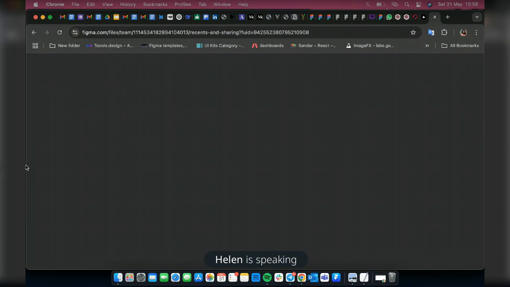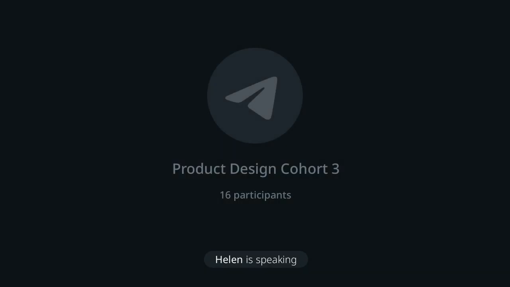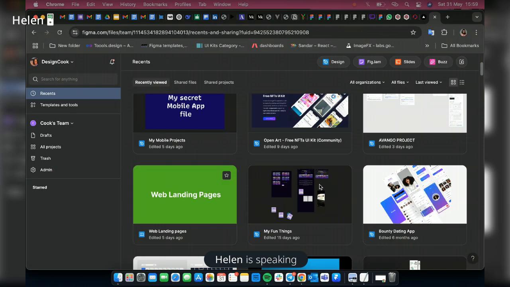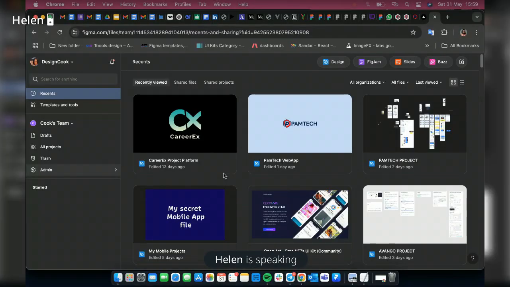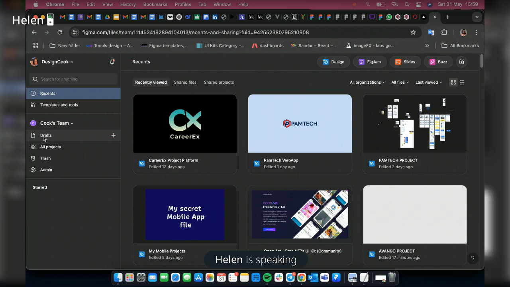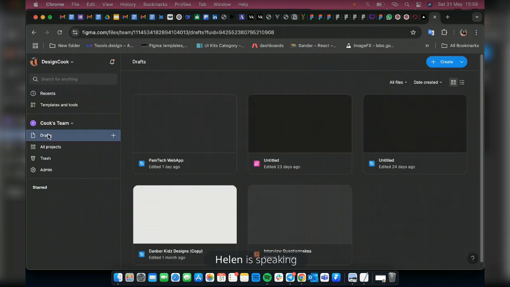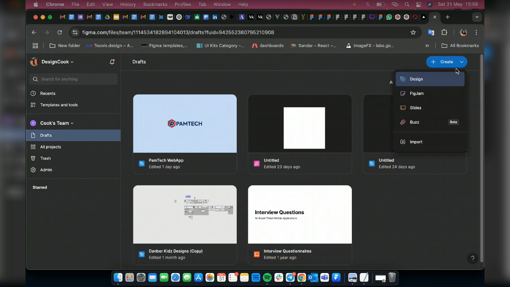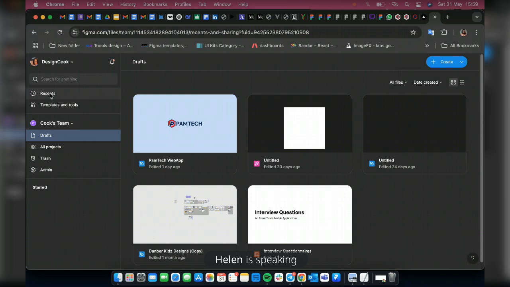This is your Figma dashboard. So when you come to your Figma dashboard, what you're going to do is, you see this place called Drafts. Click on it. When you click on it, you come here. See this line, you click it. But if you are in this Recent section, and you click on this design file here,